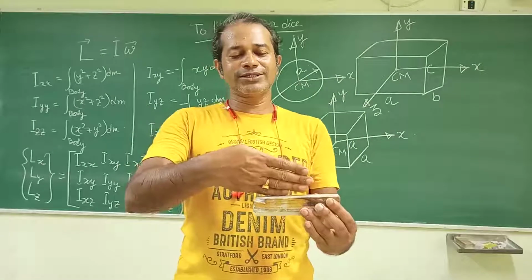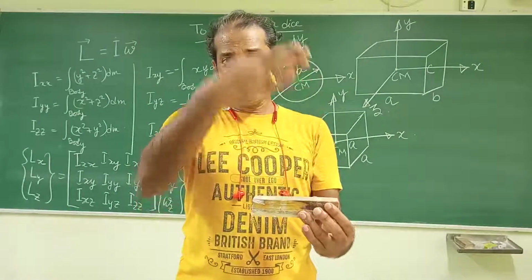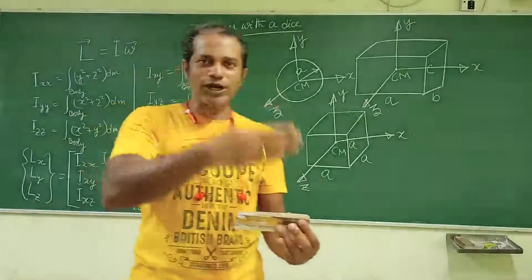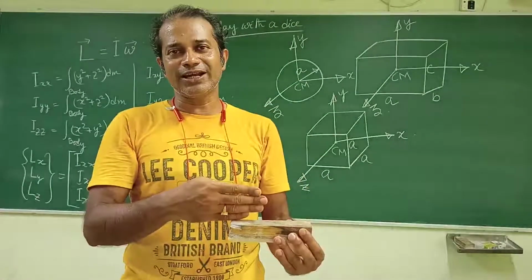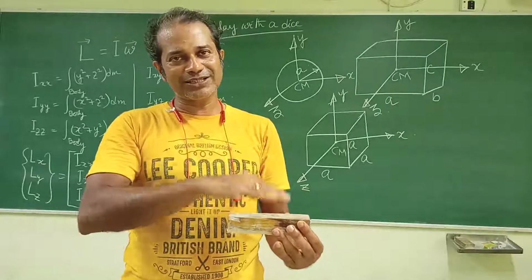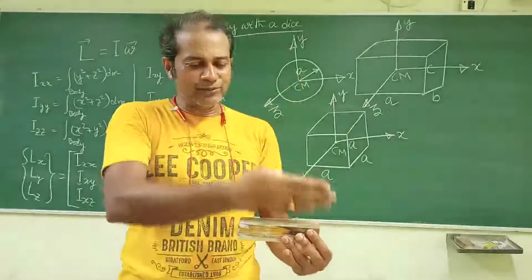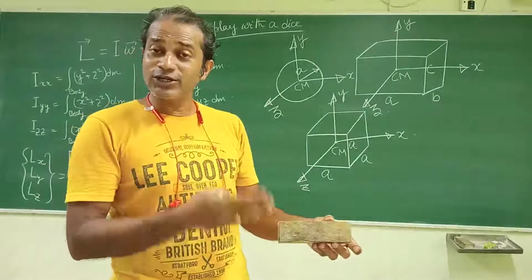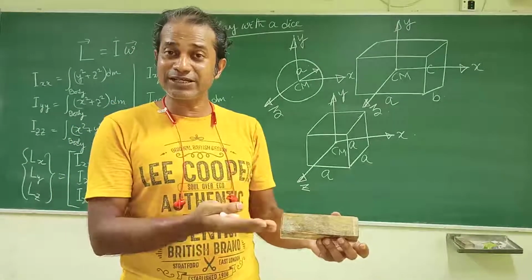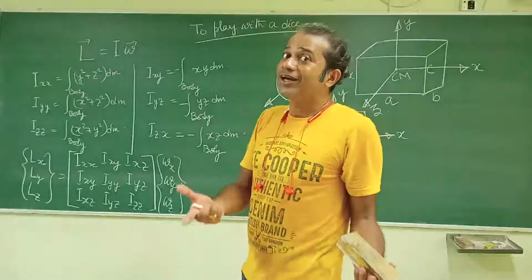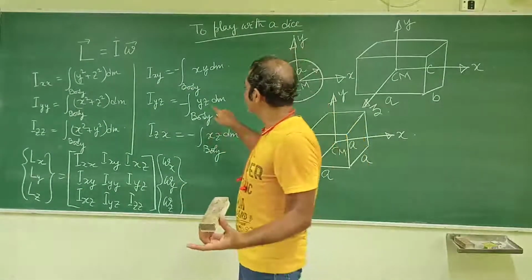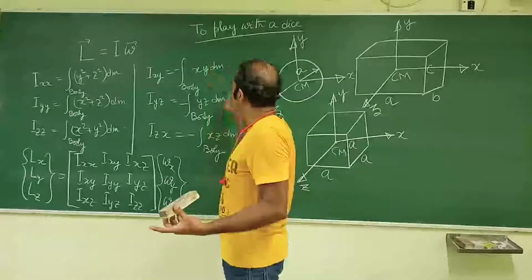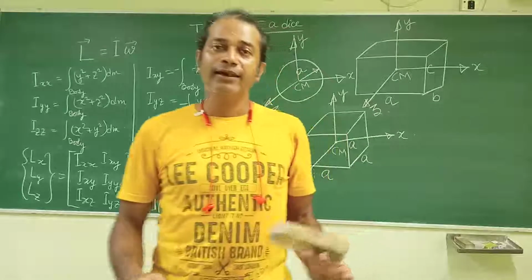Now let us check. Now I am going to cut in the xz plane. If I cut in the xz plane, you understand that for every positive y there exists a negative y. I cut it like this, and I get two mirror-symmetric halves. There exists a mirror symmetry, so all the y-oriented terms are going to be 0. So these products of inertia are going to tell us the symmetry.